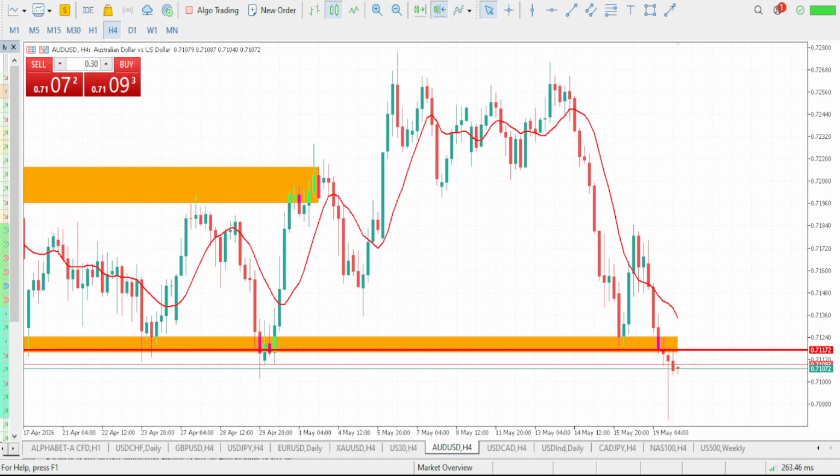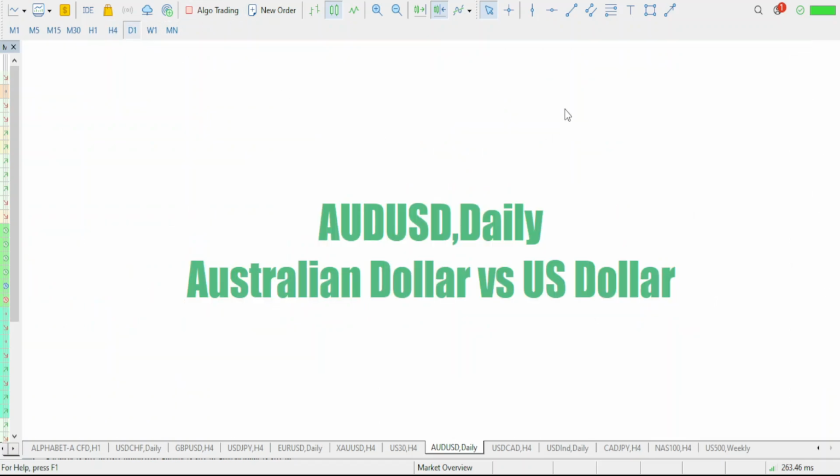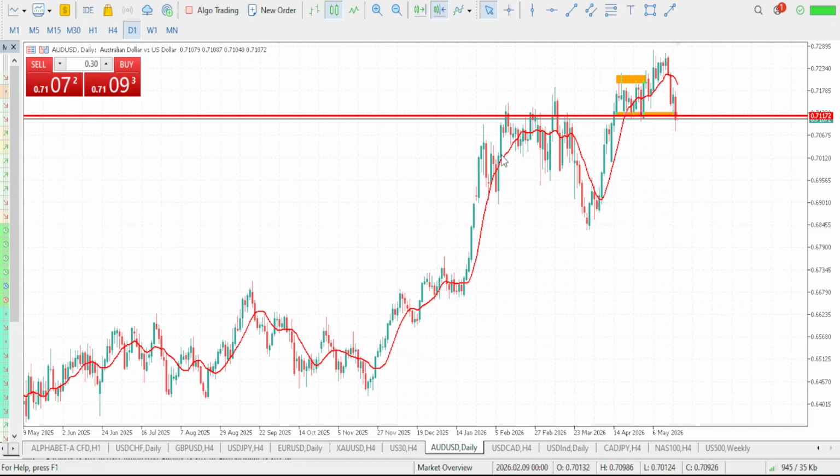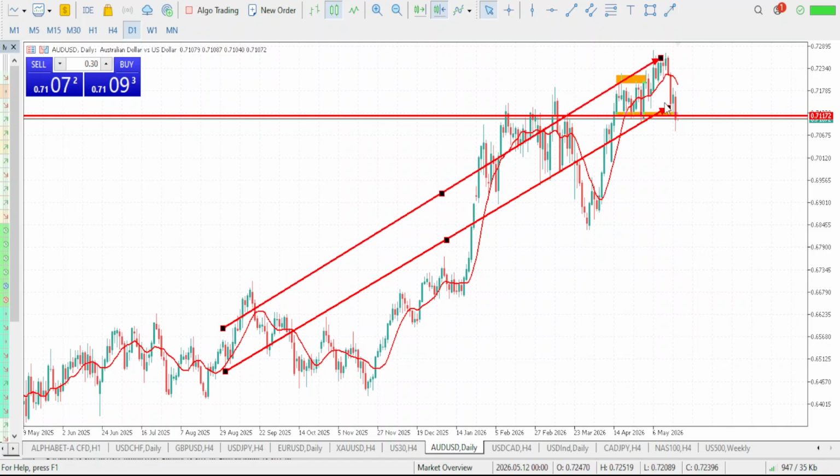Now let's see what we are going to be expecting for the day on our AUDUSD. Now pay attention to this moment right here, guys, on your AUDUSD. You can see that our overall trend on AUDUSD is an uptrend move, right? This is it, right? That is the overall trend. It is an uptrend move.